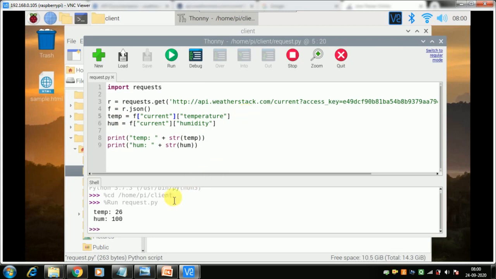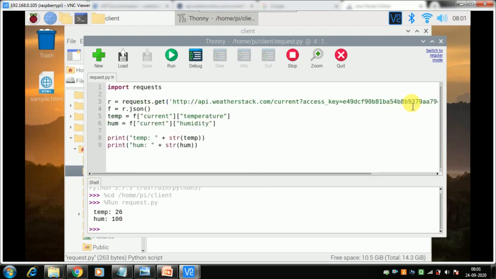So it is running. It took some time because it went there and asked the server and got the server response, and then from the API JSON response it took out the values and showed them here. Every time I run it, it asks the server. It is like if I refresh, it will ask the server and come back to me with the result. So I can even change the city name here. Just to show, it is 26 and 100 in Mumbai.